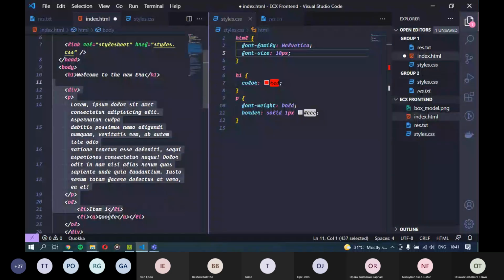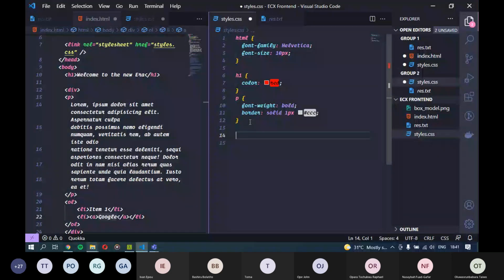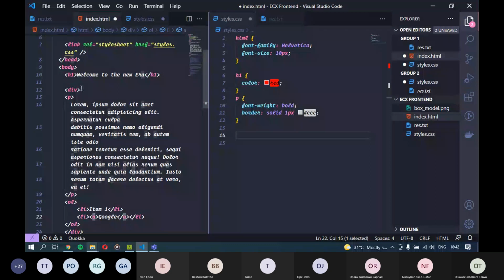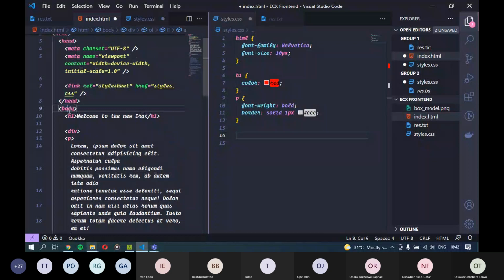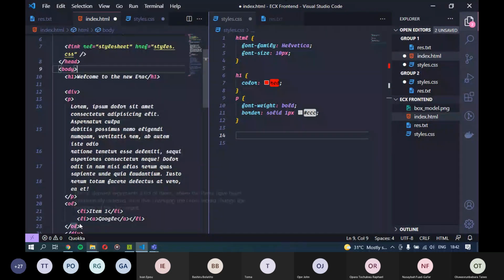So basically what selectors do is they help us select a particular element that we want to style. So if you look at the structure of this now, if you want to get to the A, and you're thinking about it logically, we're going to start from the body tag basically, because we are coming from here. So inside of the body tag, if you want to get to the A, what's the first thing that we will come across? We're going to come across the div, right? So we are going to write div. We're going to write div, but it is not the div that we want to style. It's the A that we want to style.